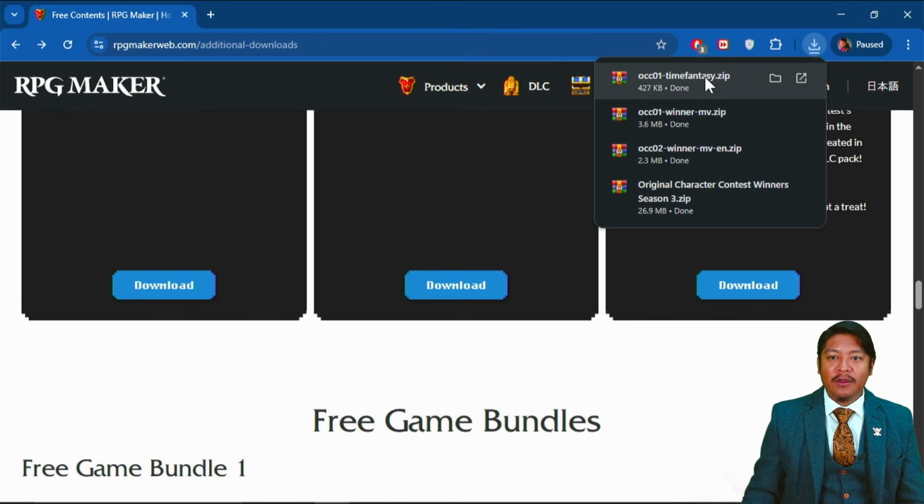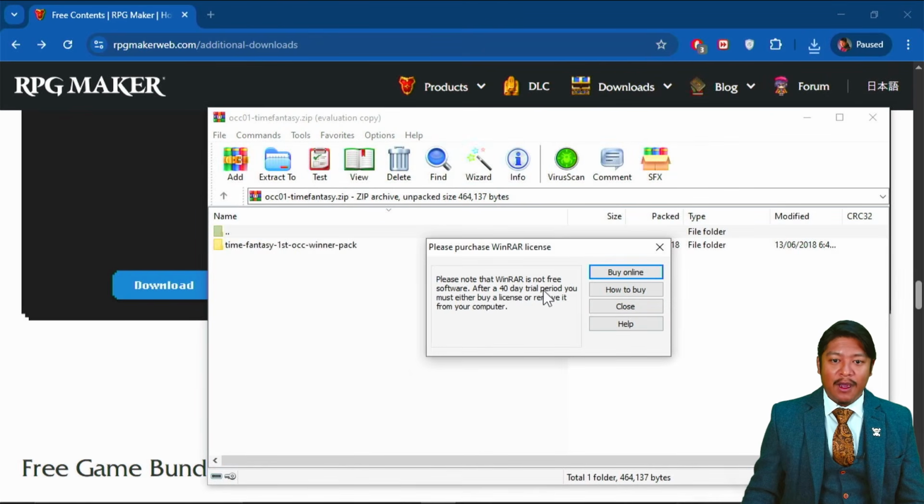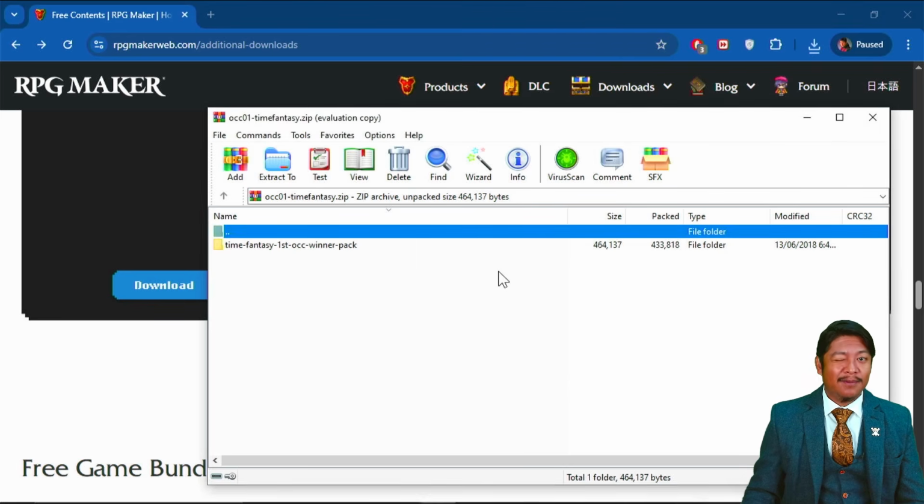Let's go ahead and click on our archive here. We are using WinRAR. I am using the free trial period, which only lasts 40 days. So when you download WinRAR, please ensure that you use it within the 40-day trial period. Let's go ahead and return to